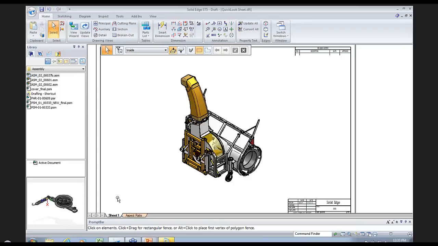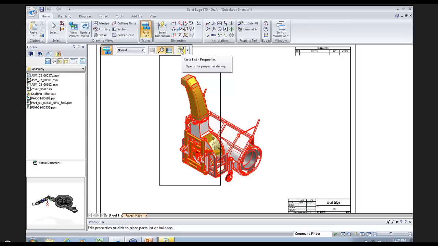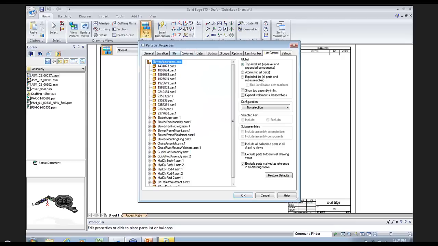So now we'll go ahead and get into more of the parts list. So what we're going to do is come in and create a parts list for this blower. And we have it set to auto balloon. And we're going to come into some of the options. So the first option we're going to look at